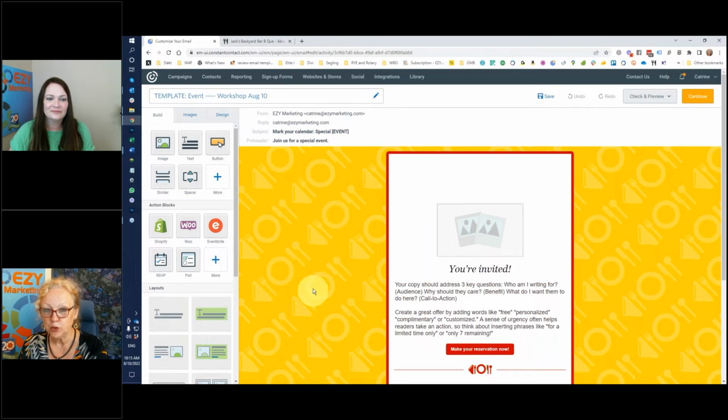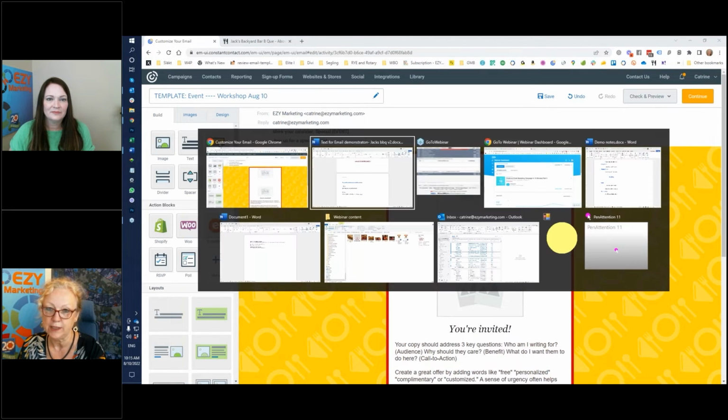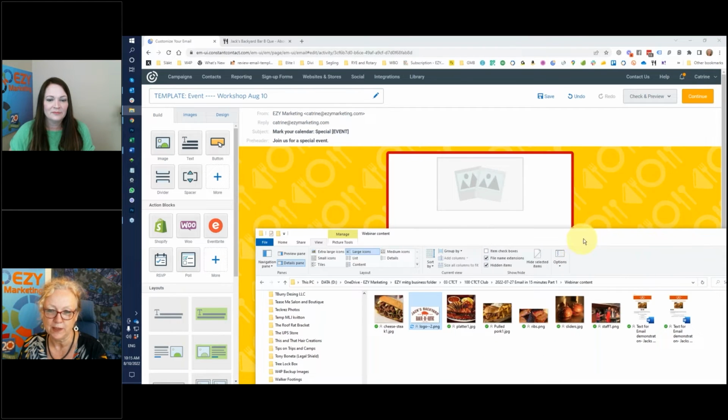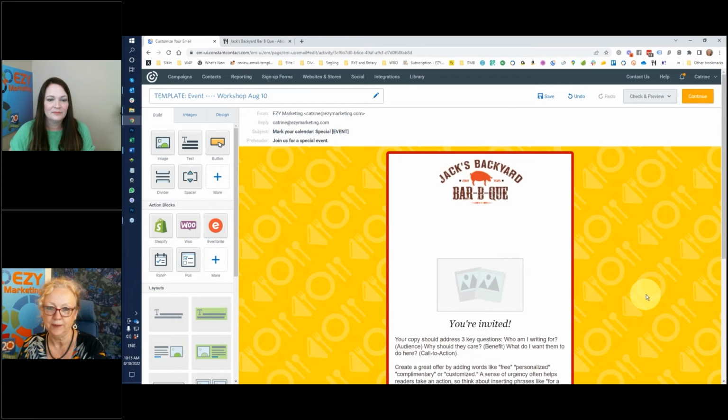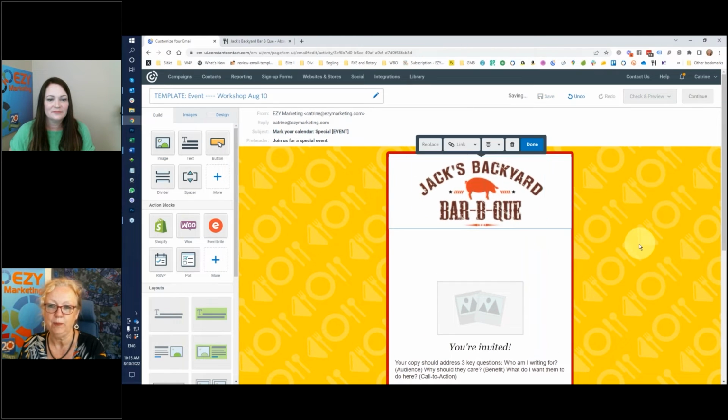So if you start from scratch and don't have anything, over to the left is that image box. So we're going to just simply pull the logo in, or a box in, and then I have a folder on my computer that you can see right now. And I can actually simply take the logo I have prepared. I can simply drag and drop that in here. And here we have our logo, and we are going to make it large and big so people see the